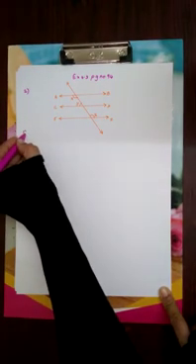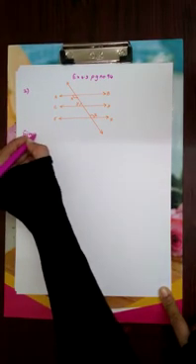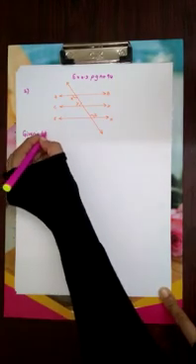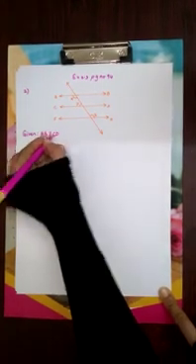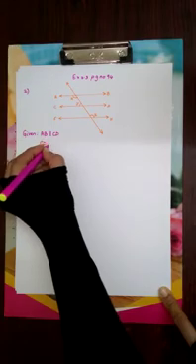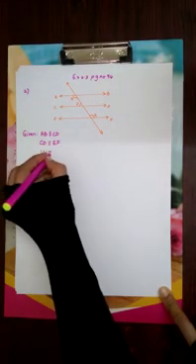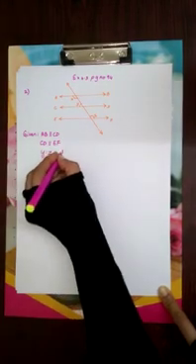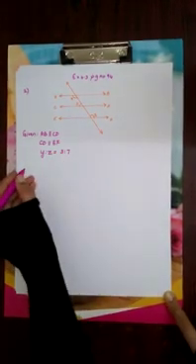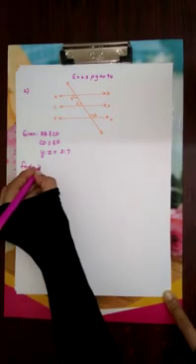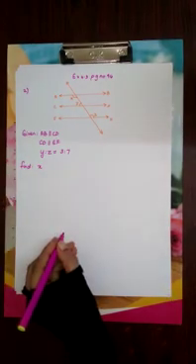So, to solve this sum, first we have to write what is given to us. They have given that AB is parallel to CD and CD is parallel to EF. Y is to Z is equals to 3 is to 7. What are they asking us to find? They have asked us to find X. Now let us solve the solution.